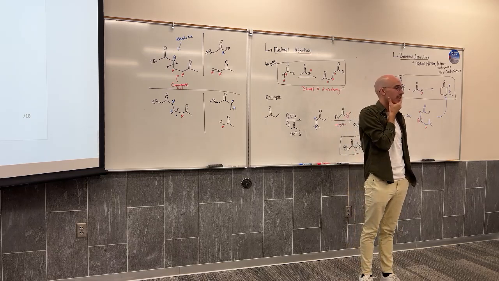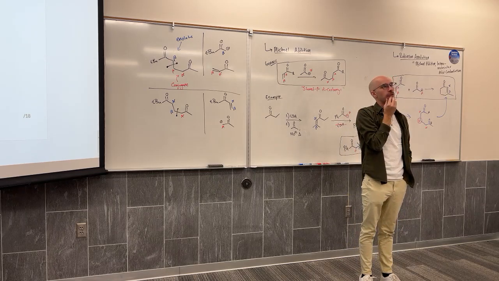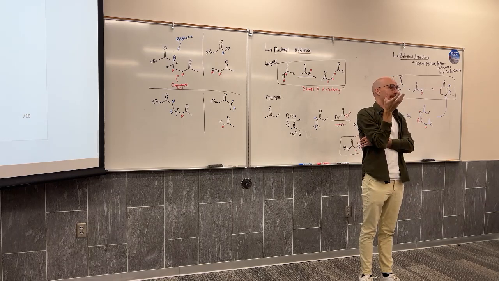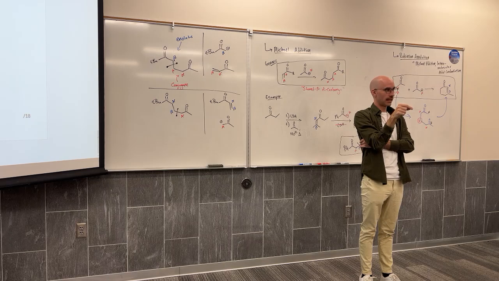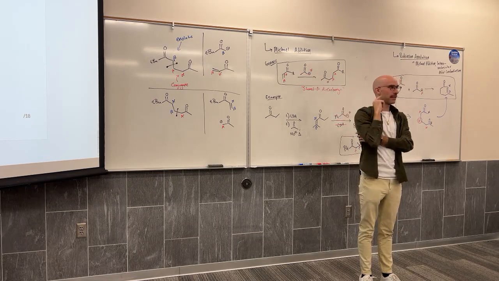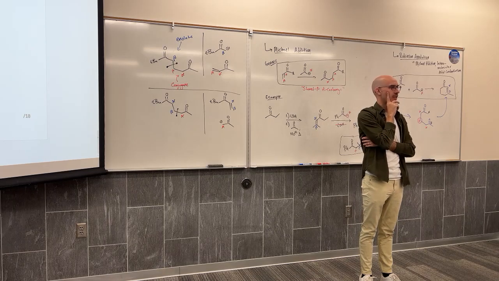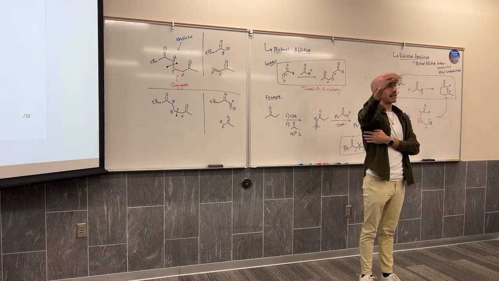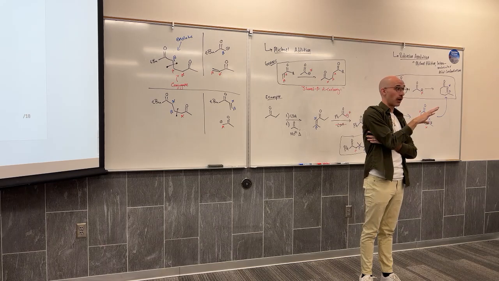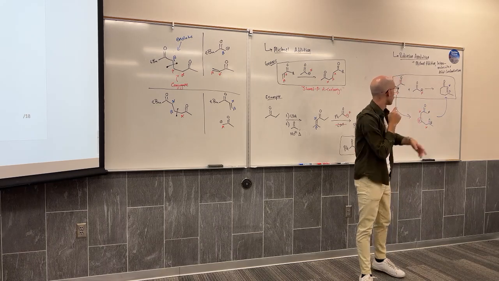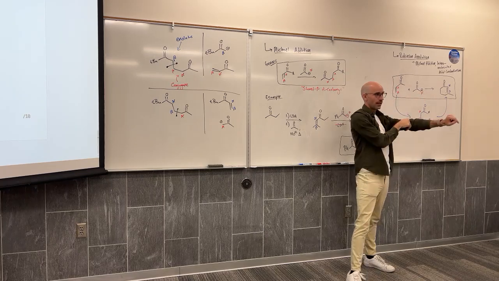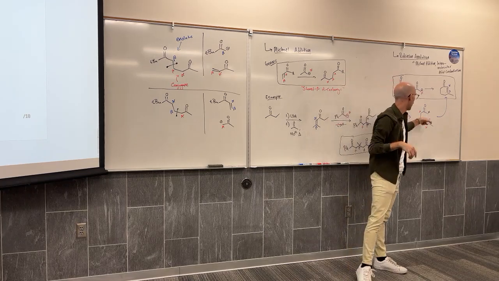So there's not a good answer for you there. Oh, I will say this: if you use LDA to make the enolate, then you probably won't immediately go into Robinson annulation. But if you use hydroxide to make the enolate, that means hydroxide acts as a catalyst, and it can make another enolate out of this. So it's kind of your condition. LDA doesn't automatically run towards Robinson. Hydroxide will. If you're using hydroxide to make this enolate, hydroxide will catalyze the next step of the reaction as